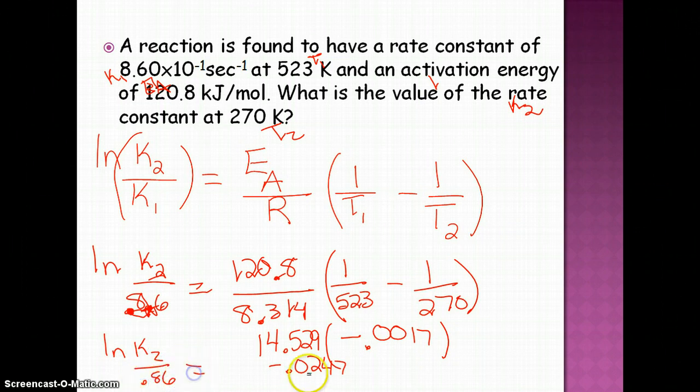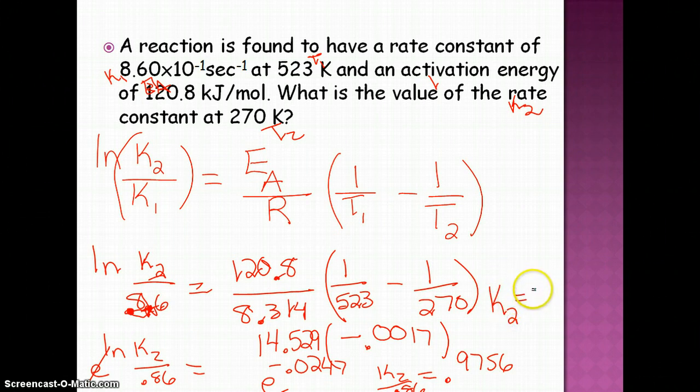And that's equal to that. Now we're going to E this and E that to get rid of these natural logs. So now we have E to that negative 0.0247. So that gives us on this side 0.9756 is equal to K2 over 0.86, and then cross multiply that 0.86 up, and that gives us K2